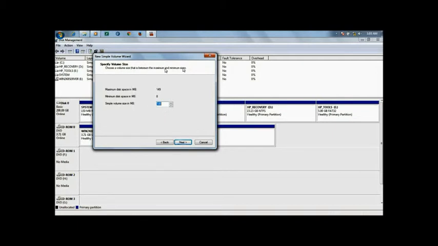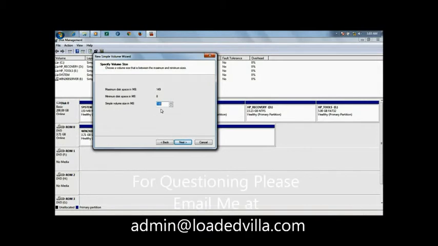Choose a volume size that is between the maximum and minimum sizes. The maximum disk space in MB is 149, approximately 150, which we are using now. The minimum disk space in MB is 8 megabytes. The simple volume size in MB is 149, approximately 150. This specifies the minimum and maximum size for the volume in megabytes and